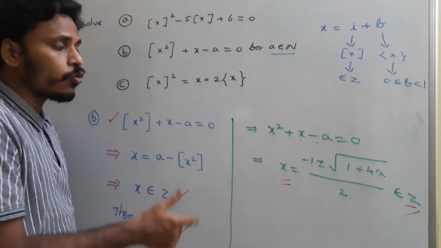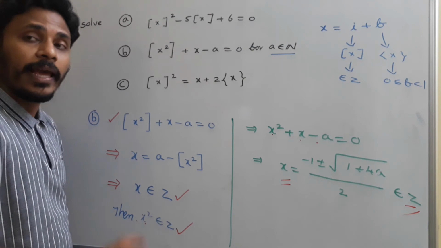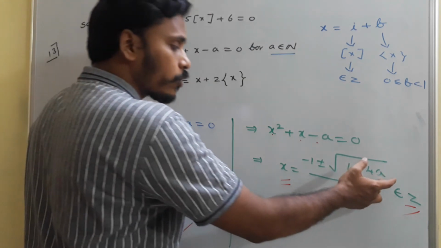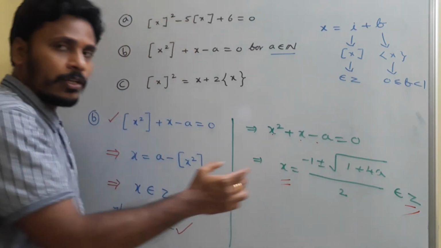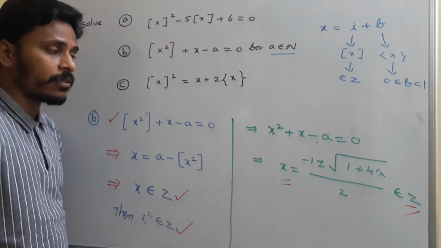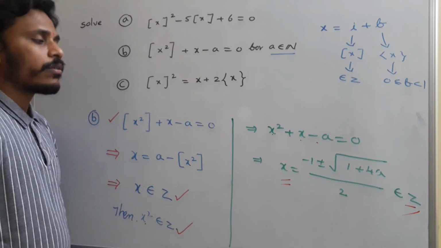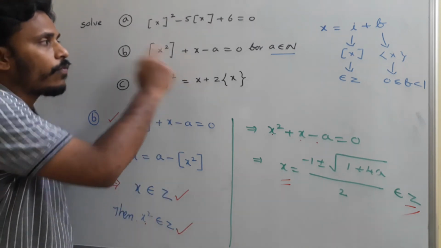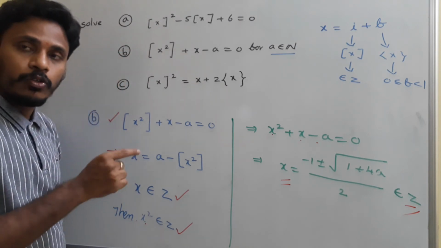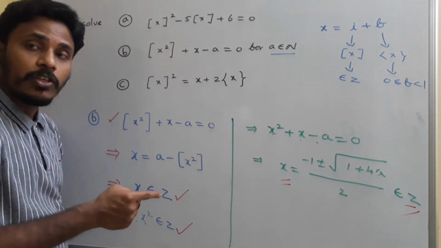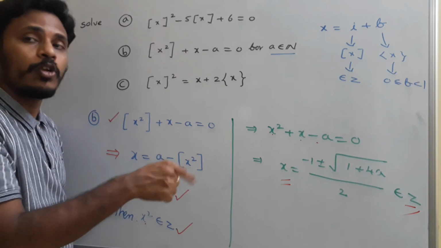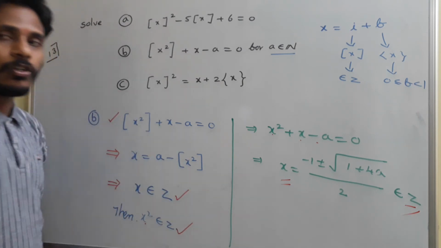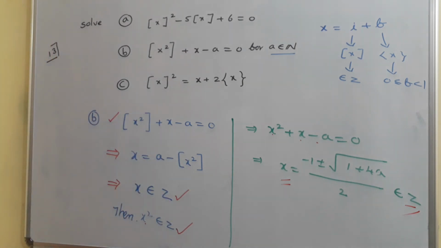If a is equal to 2, I have two solutions for x. Okay, like that we need to think. If a is equal to 1, this is root 5, so we can't get an integer value for x, so you need to leave that. At the end, solving this equation is nothing but finding the values of x, and those values of x are dependent on the value of a. Just have a look and then try to solve the next one, 13c.